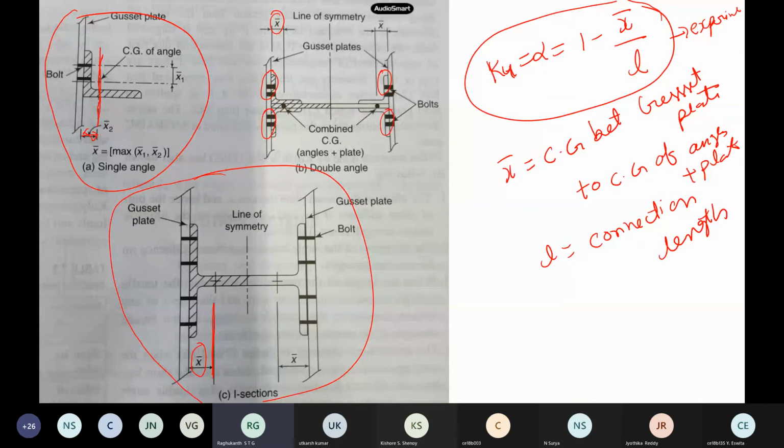Even in an I section, when it is in tension, the bolts are connected only to the web. So there is nothing connected in the flange itself. When this is under tension, the load gets transferred through shear. This load has to come from the web to the flange area, because the web is connected and the flange is open near the connection. So the stress distribution will be non-uniform. This is what they call the shear lag factor itself.